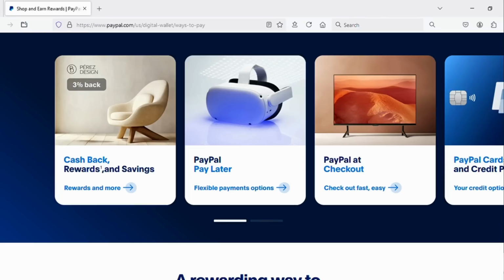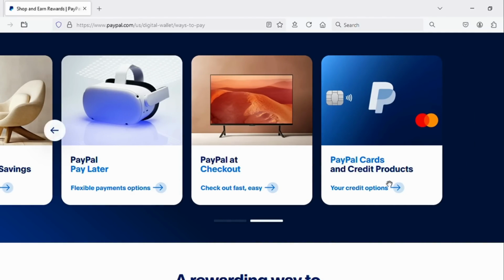Now the PayPal Debit Mastercard can be a little confusing, so we're going to walk through it here, also because PayPal has multiple things going on in the payment arena. So let's talk about it. Obviously the first thing is that you have to have a PayPal Debit Mastercard, which you